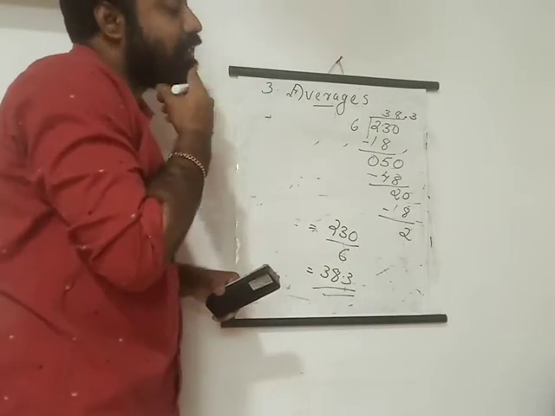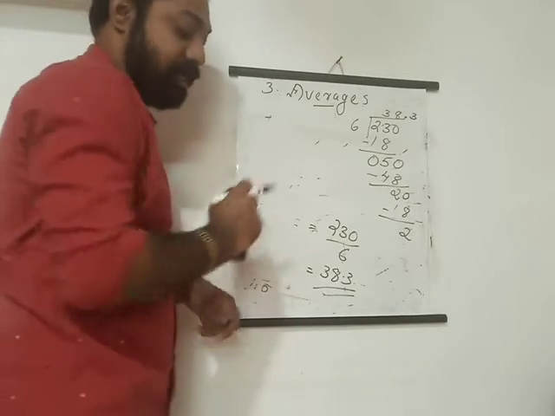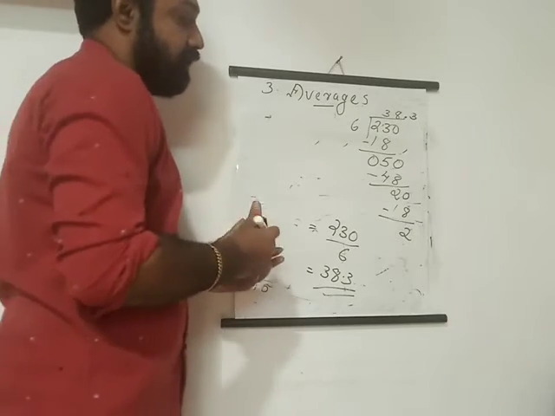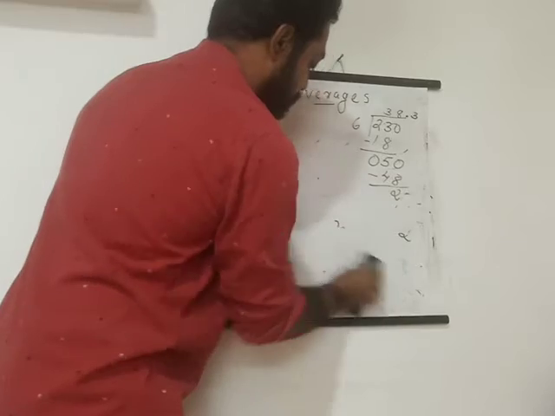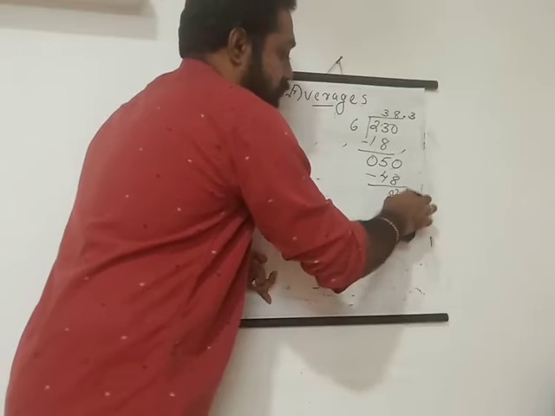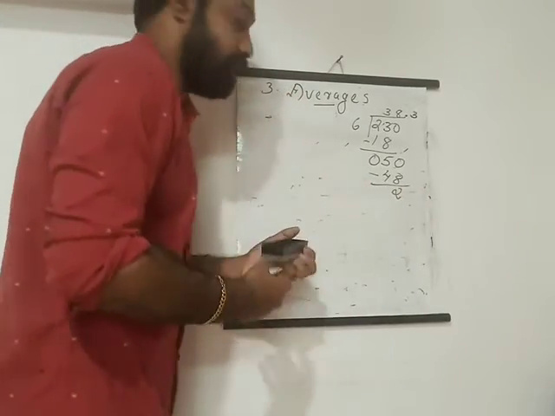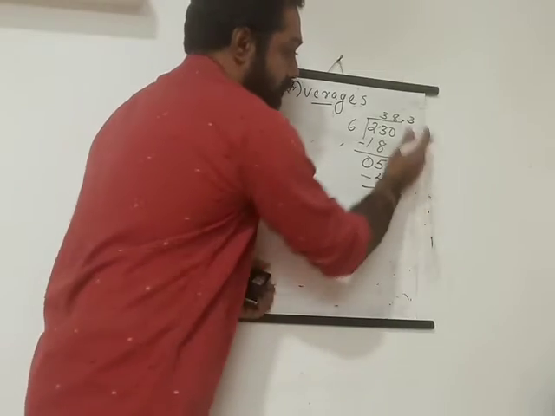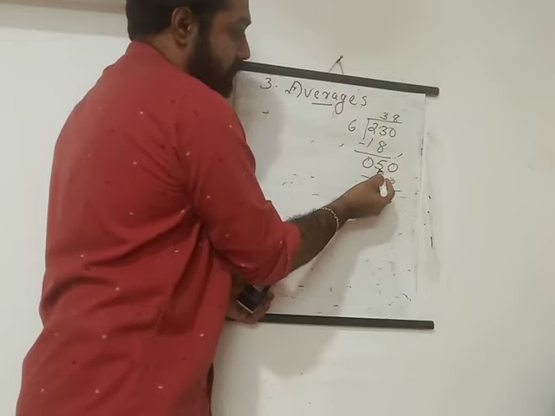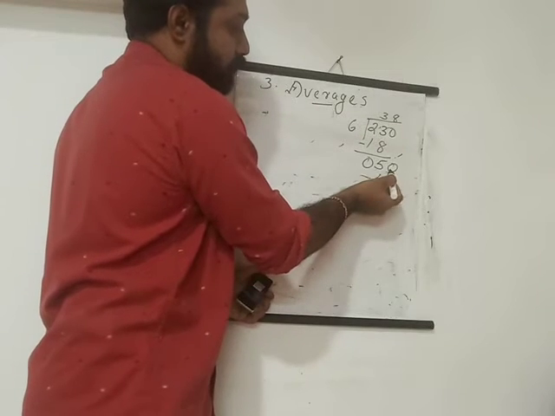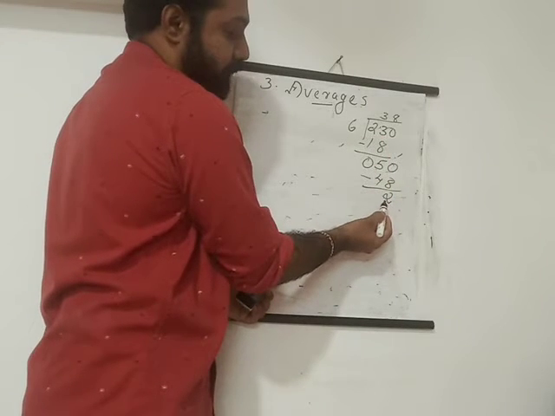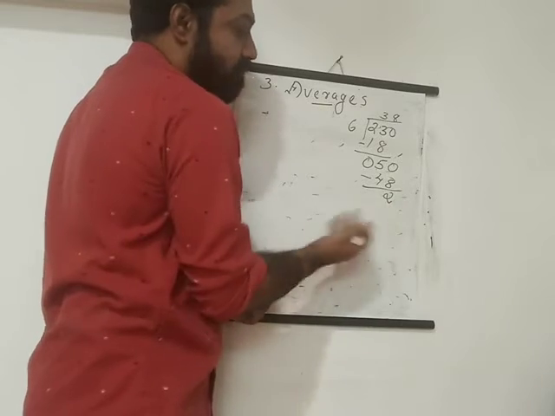If you are getting a question like that, you have to proceed this way. But what is happening here is that we are actually finishing this way, isn't it? This part, some students may already know. For this one I actually took these numbers to explain it. Up to this step, you can see 3 6s are 18, then we subtracted, we got 5, then we put a 0 here, then 50, how many times? 8 6s are 48, then after subtraction I got a 2 here.